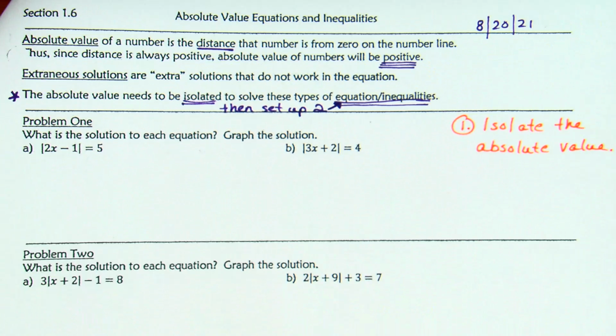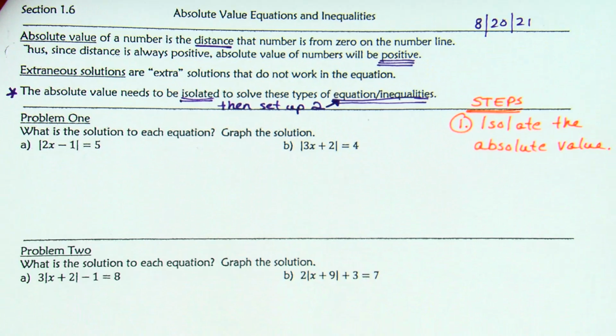So when I say isolate the absolute value, is the absolute value by itself? In other words, are the absolute value bars and what's inside of them the only thing on that side of the equation? Is that true here? Yeah. I mean, this is example 1, right? Of course, it starts off easy. It's already just on the left, absolute value of 2x minus 1. Step 1. Step 2 then